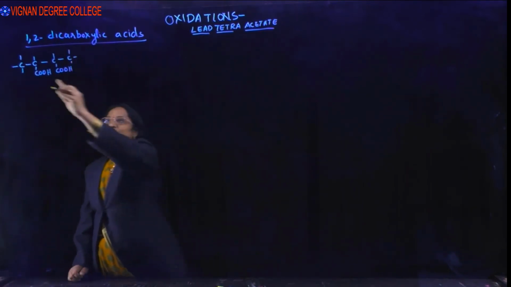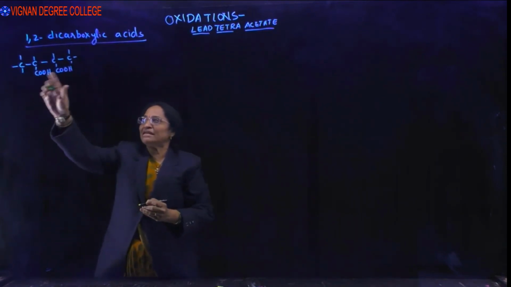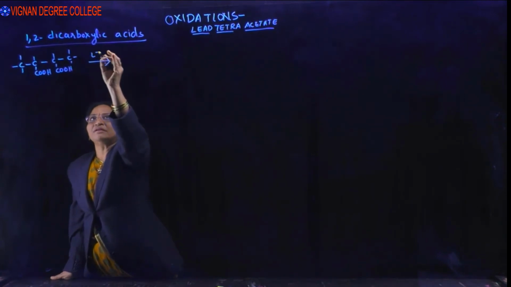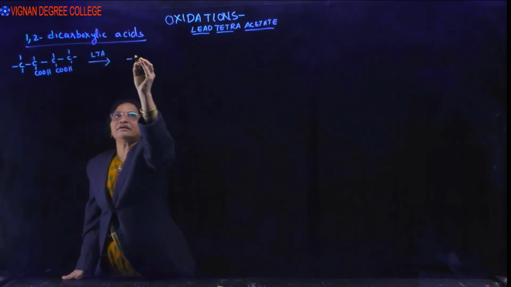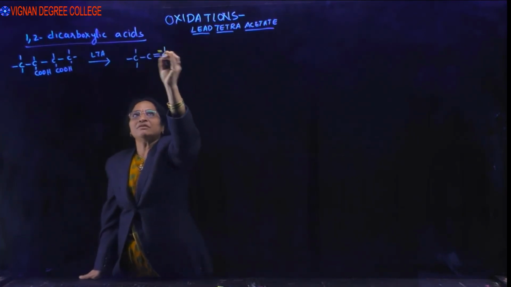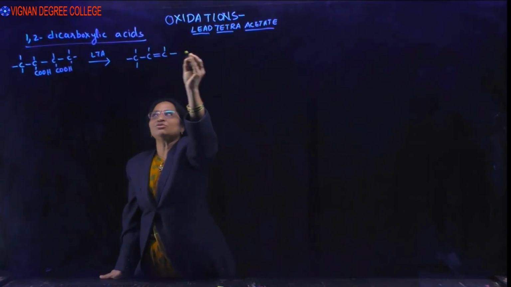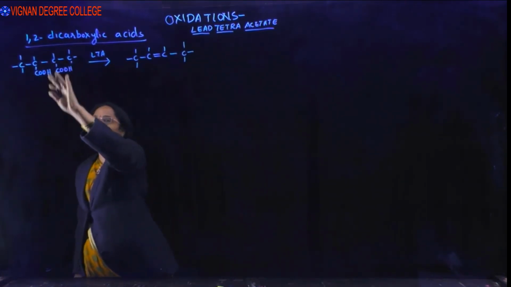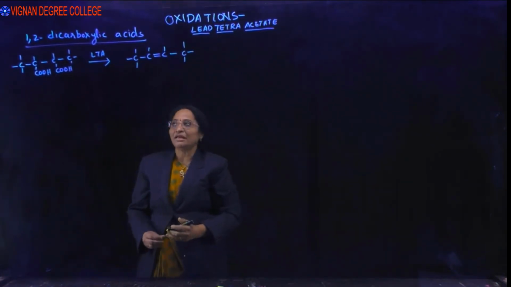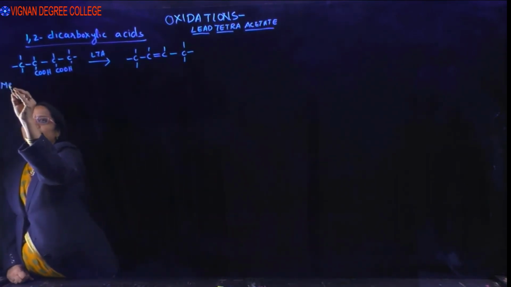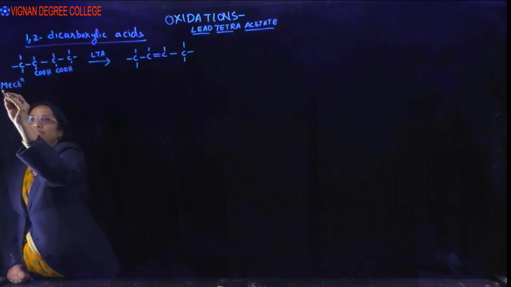if this is a 1,2 means having carboxylic acids at adjacent positions, this is reacted with lead tetraacetate, it undergoes oxidative decarboxylation with the loss of 2 molecules of carbon dioxide to give an alkene where a double bond is formed at the 1,2 carbons holding your carboxylic groups. So let us see the mechanism of the reaction. If you see the mechanism how the reaction occurs,